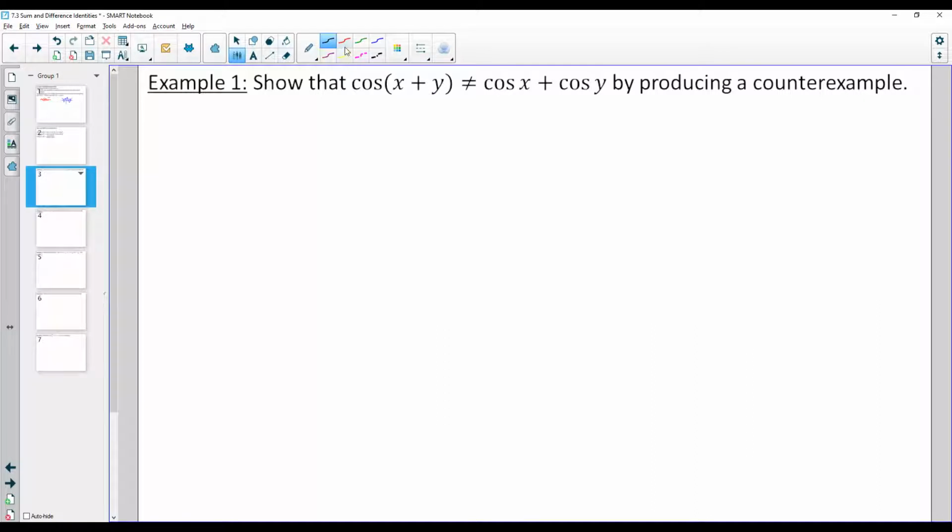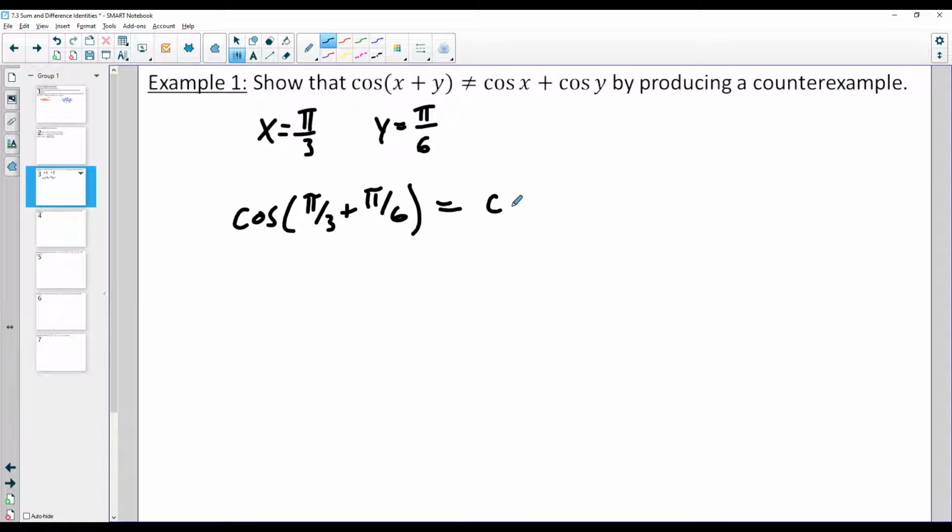And here I have shown that cosine of x plus y does not equal cosine of x plus cosine of y by producing a counterexample. Let's just pick some numbers to work with. We could say x is pi thirds and y is pi sixths. We're just trying to show a counterexample. Any would probably work, so I'm just picking nice radians that we're used to working with. So cosine of x, pi thirds, plus y, pi sixths,